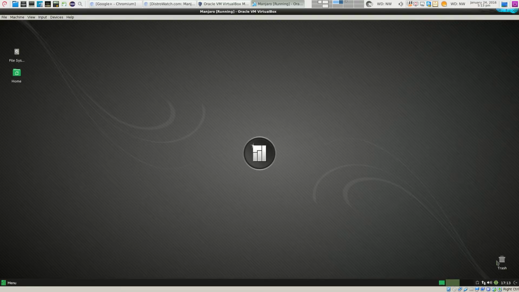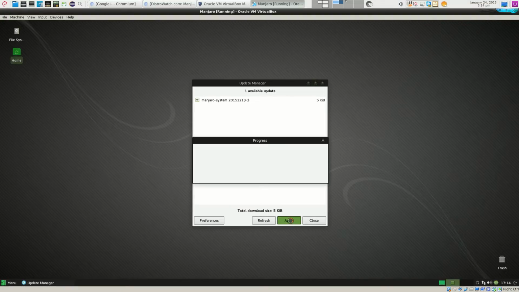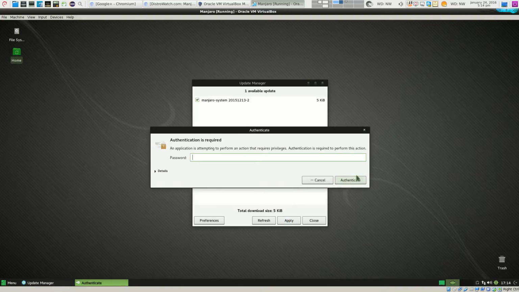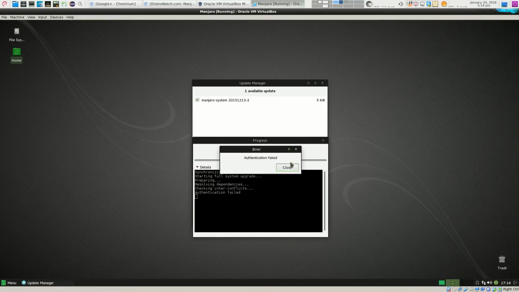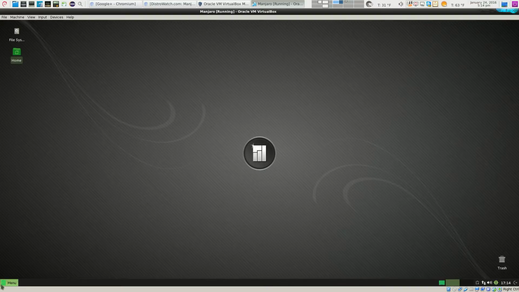It's just default for me. First thing I like to do right off the bat is upgrade, and this is going to be a lot, but for the sake of the tutorial I'm going to leave that for last because it does take time and I can't show you the rest of the features of the operating system.